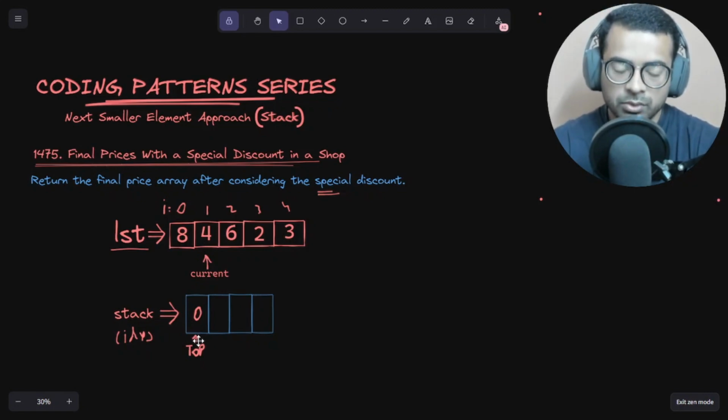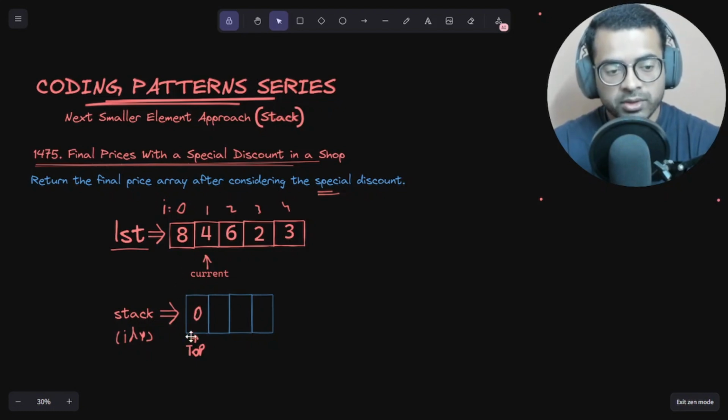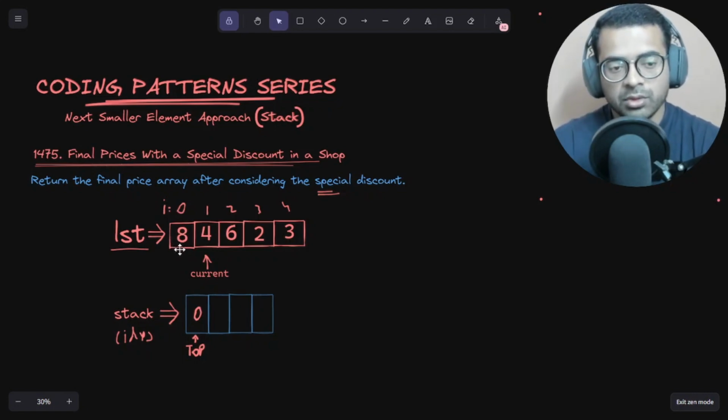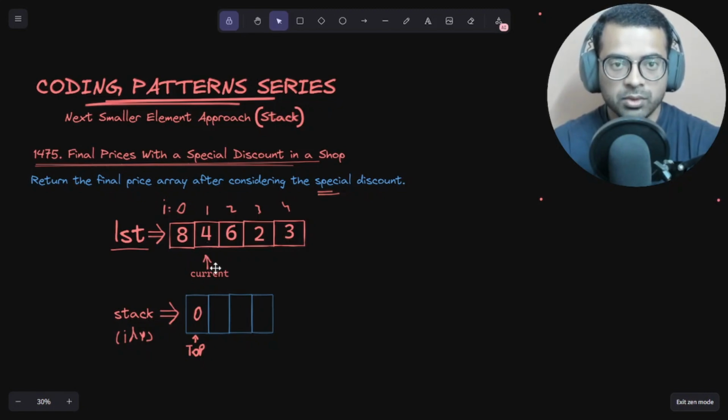Then what we are going to do next, we are going to check whether the index that is on top of our stack, and we are going to use it in order to find out the value in our list, which is 8, because 8 is at 0th index. And then we are going to compare this 8 with this current one. If the top index is having a value that is greater or equal to current, then what we will do,